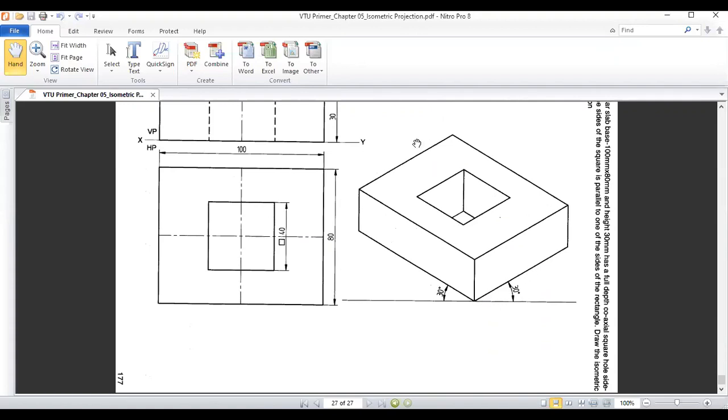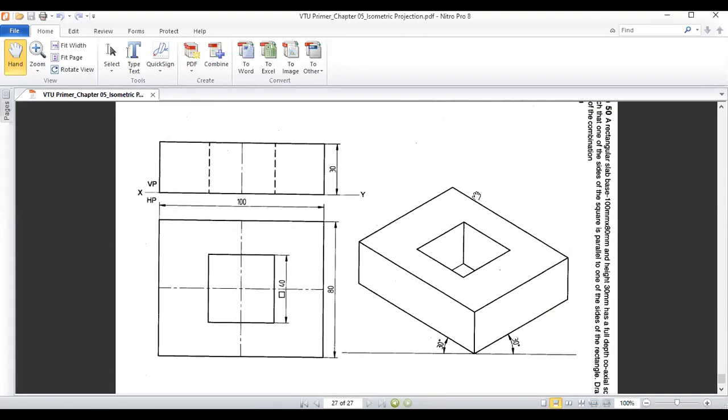It's just a block. It is a rectangular block. So from the top view, if you see, this block is 100 by 80. So if you look at the top view, this is the top view, this is the front view. So if you look into the top and front view, you can see the block is of 100 cross 80 and the thickness of the block is 30 mm. So what is the difference in this problem is here in between this block there is a square of 40 by 40 which looks from the top, and this square is actually cut to its full depth.